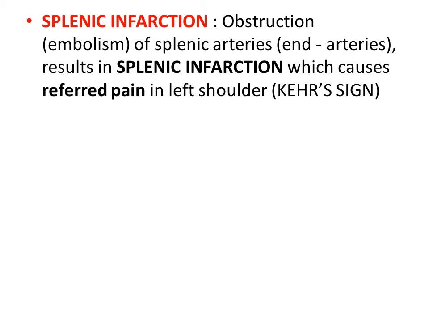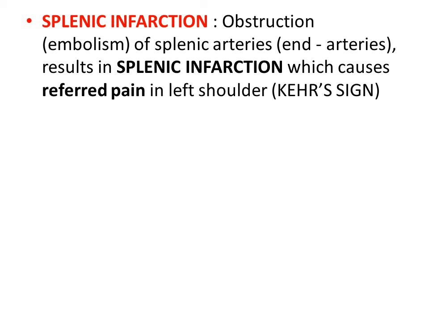After splenomegaly, next is splenic infarction. Now, splenic infarction is a condition in which blood supply to the spleen is compromised, leading to partial or complete infarction. I hope everybody knows about infarction. It is tissue death due to oxygen shortage in the organ, right? So, in this splenic infarction, see, the smaller branches of splenic artery are the end arteries, and their obstruction therefore results in splenic infarction, right?